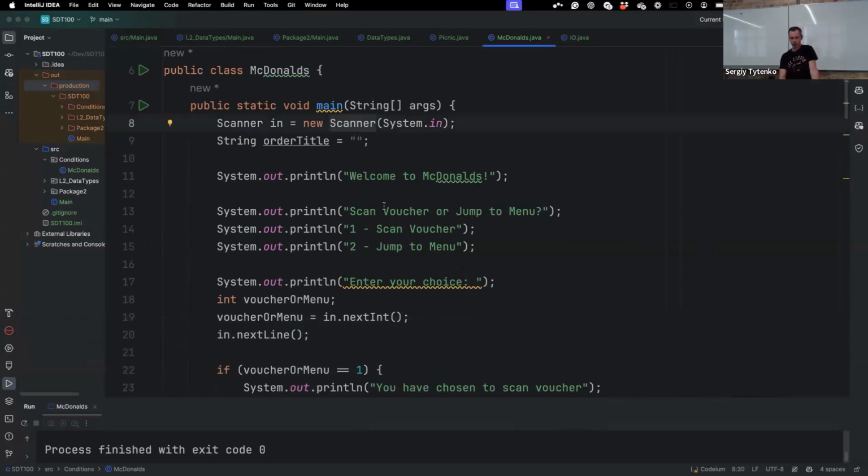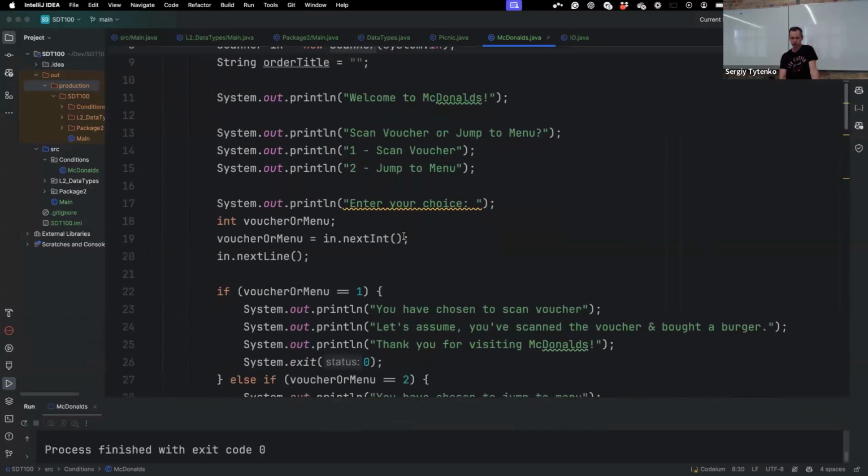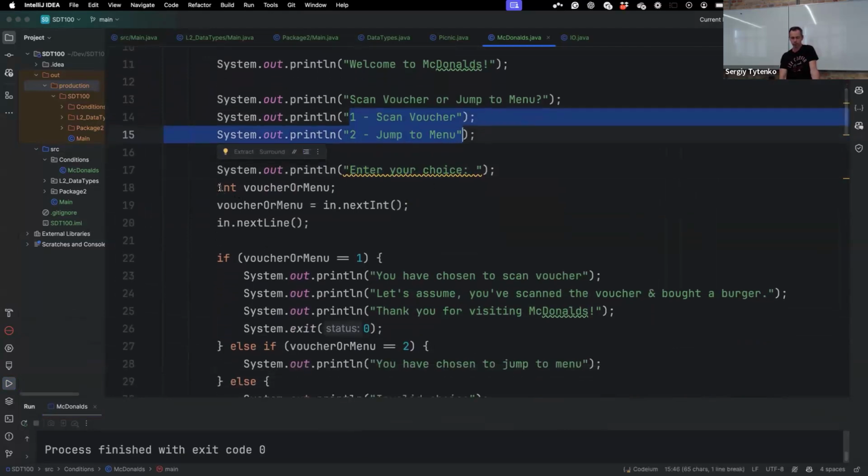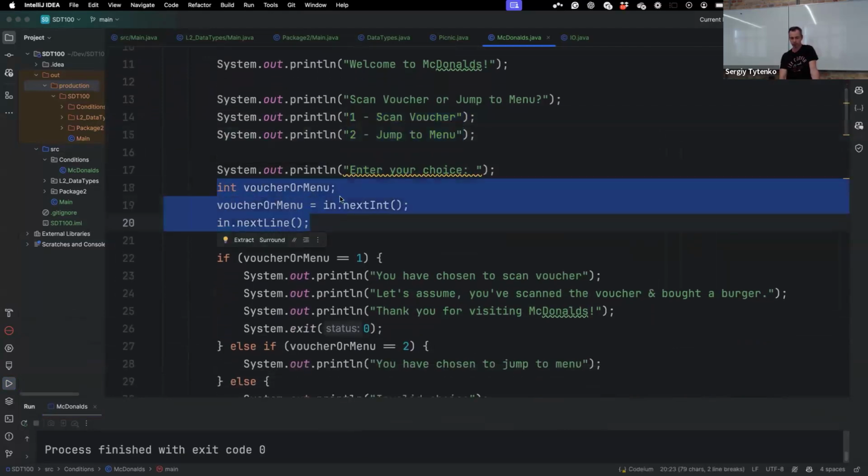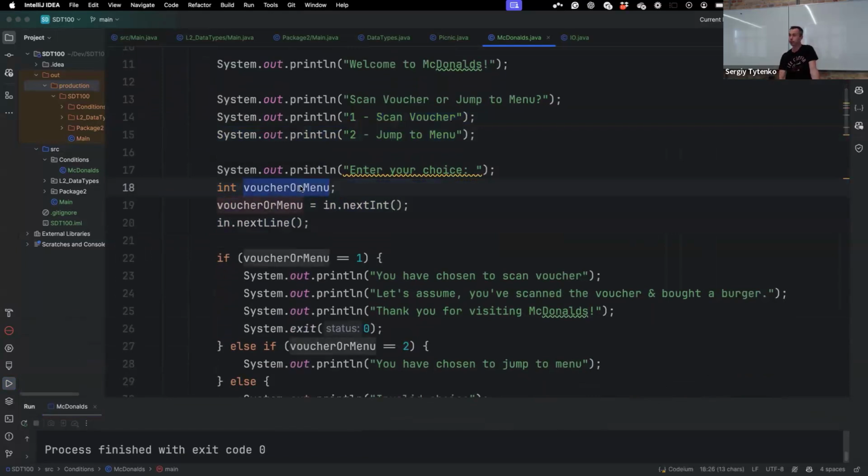So welcome to McDonald's, println. Then we ask, enter your choice. We propose 2 choices to our customer, and then we read the customer's choice. So we introduce a new variable with, by the way, a meaningful name, and we read this variable from the line.